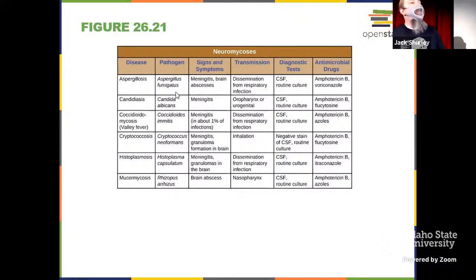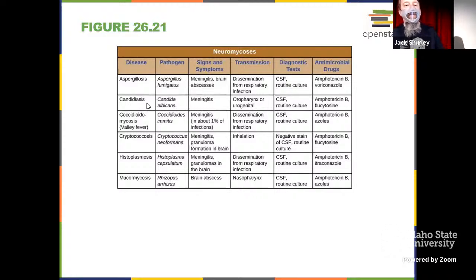So there's issues with pulmonary involvement with these guys, but there's also the possibility of brain involvement. So meningitis and abscess is a possibility, and it's a result of that fungus disseminating from the lungs through the circulation up into the central nervous system. So lots of the treatment is the same. Amphotericin B is a gold standard when we think about antifungal therapy, and there's some other azole drugs that are